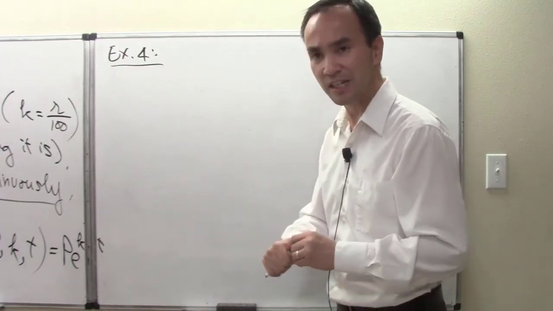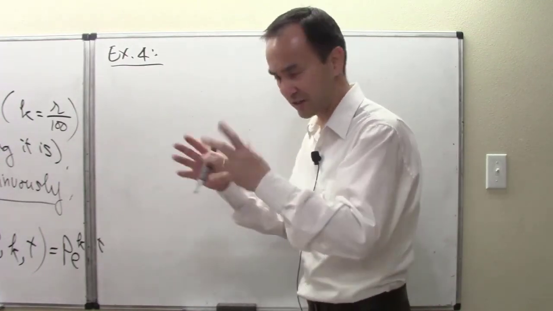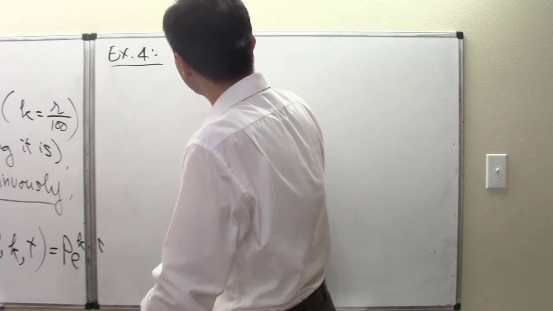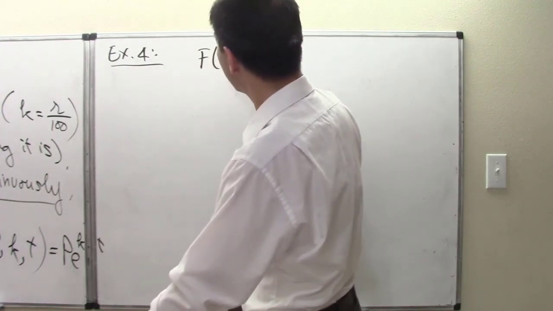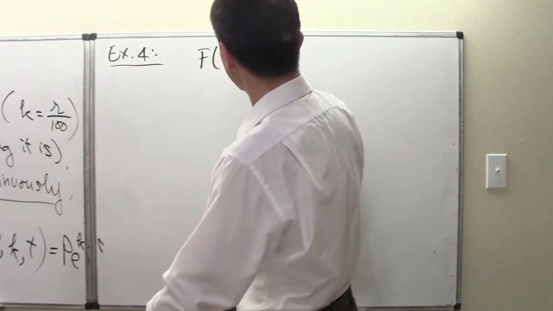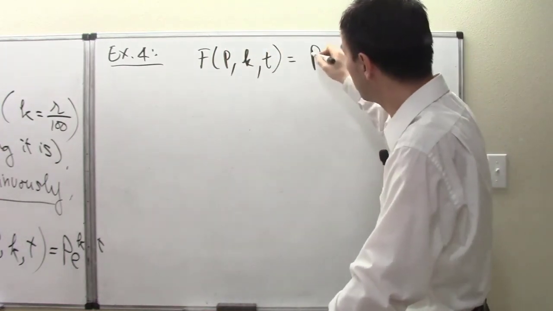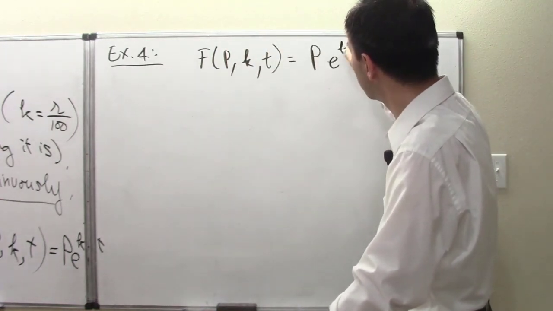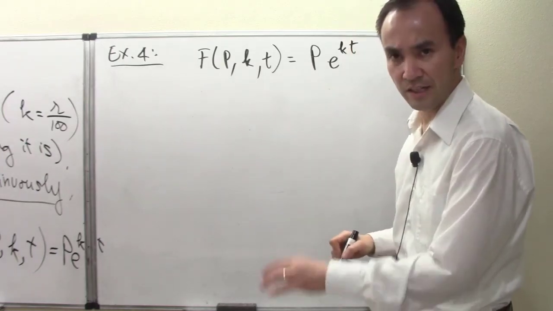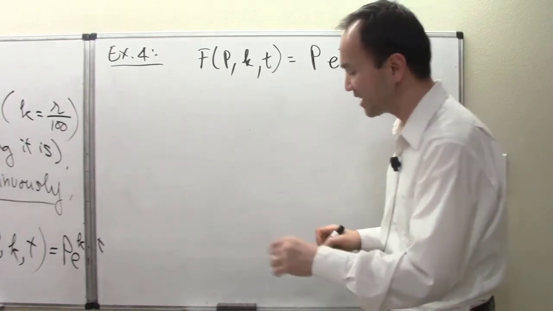So we know clearly that this investment here gives us the following function: future value as a function of principal value, and the k right here and the t right here. Okay, it's going to be P times e to the kt. All right, and then so now according to what I highlighted earlier,